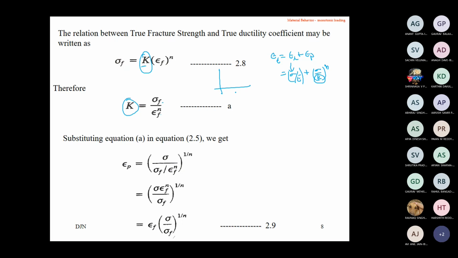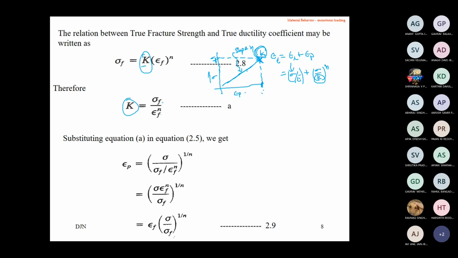I have plotted the graph earlier. This is the plastic strain, and this part is the corresponding sigma. Then we have the graph, we have the line. This need not be a linear line, okay? At present, I have just represented the line. The slope of this particular curve is n, and the intercept for the maximum strain till fracture, the corresponding stress at fracture and corresponding strain, we are going to find the strength coefficient K, that intercept.